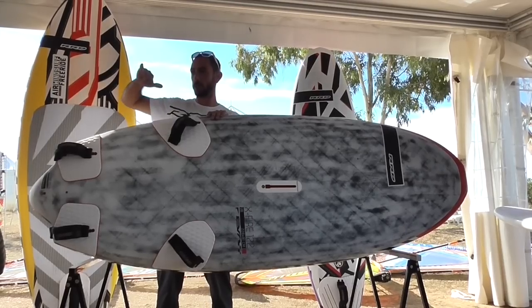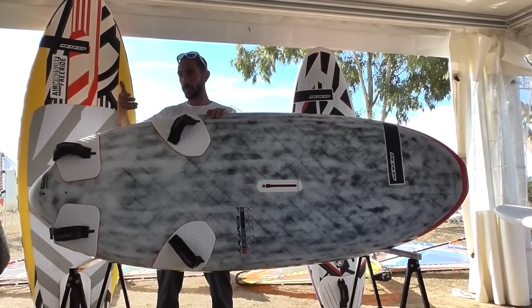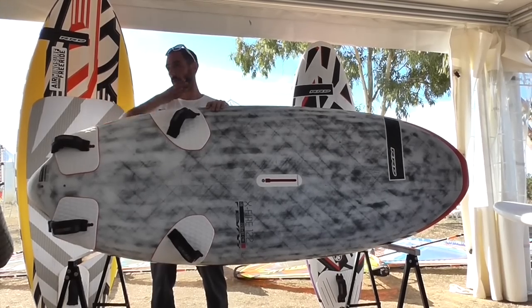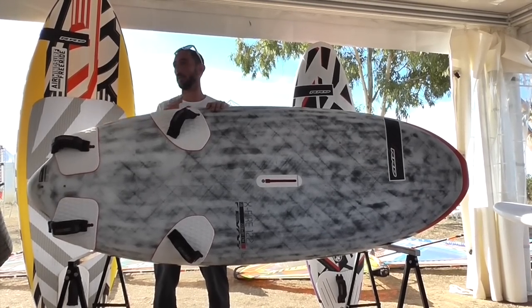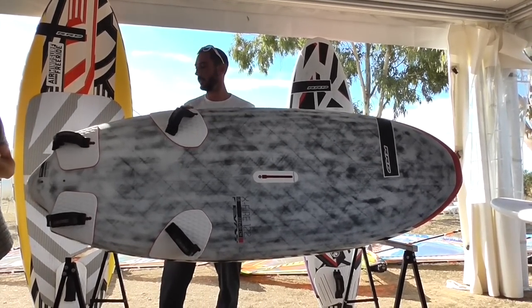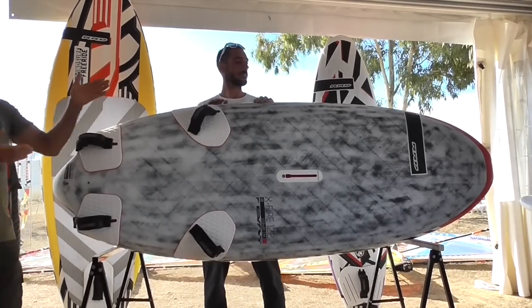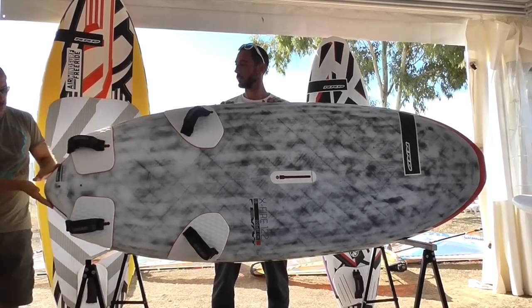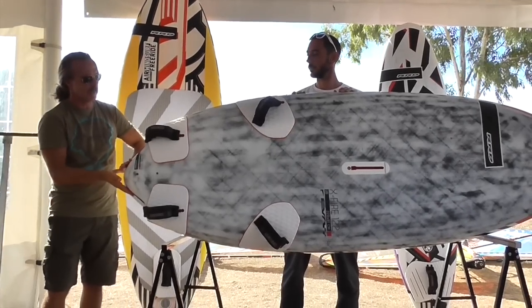With this you can jibe better, planing early after the jibe, and get out of critical situations, keeping the speed better and faster. And what we noticed with this change, in terms of maximum width farther back, more curve, and then an abrupt curve breakage, like on the tail over here,